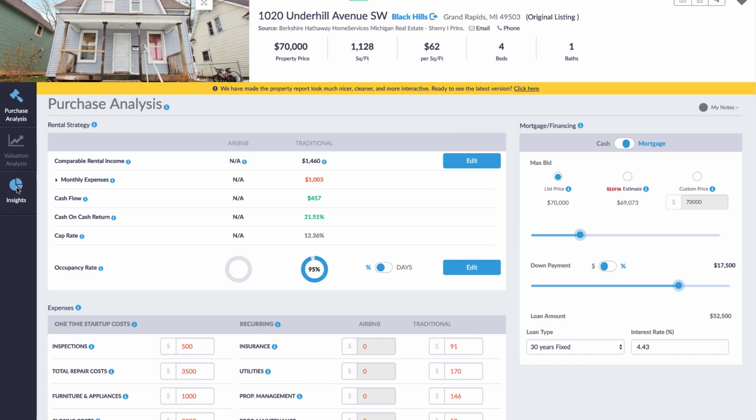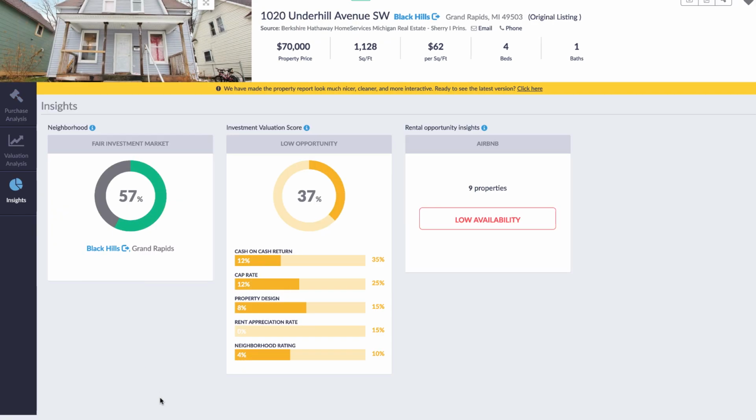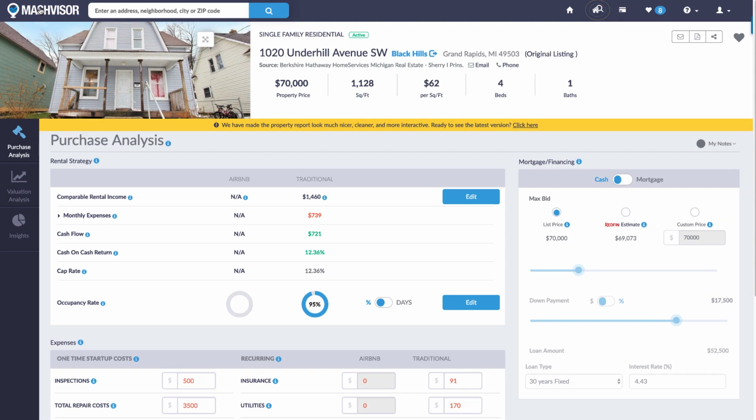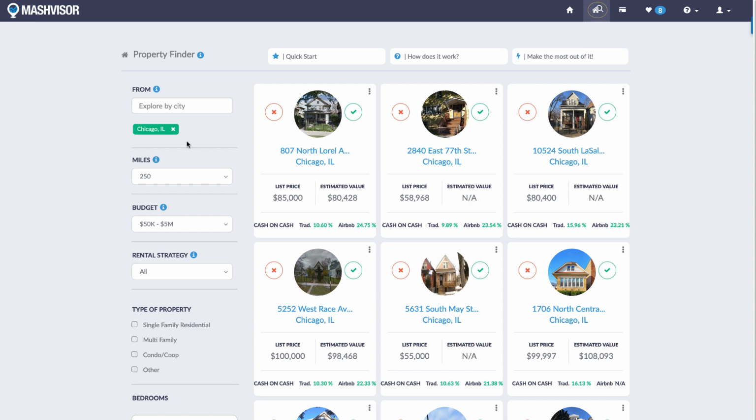You can also check out this Insights tab, which is moderately helpful. But yeah, I mean, that's pretty much how the Property Finder works. It's very similar to the normal functionality once you get to this section, but I think the benefit of the Property Finder tool is that it just gives you another way to look at properties in a way that will save you a lot of time and help you ignore all the fluff out there and just pay attention to the things that actually are projected to perform well based on the filtering criteria you put in here.